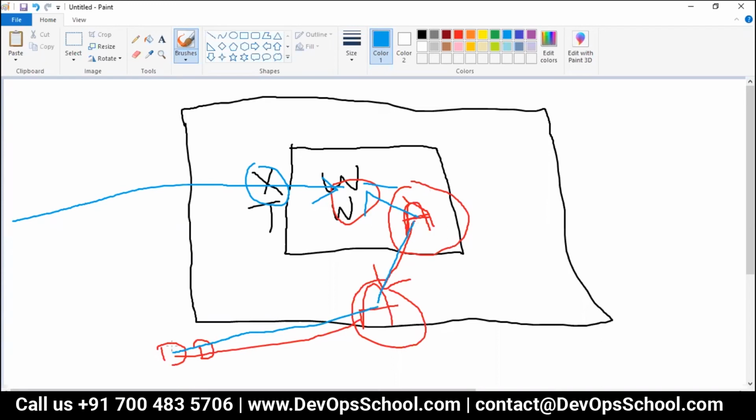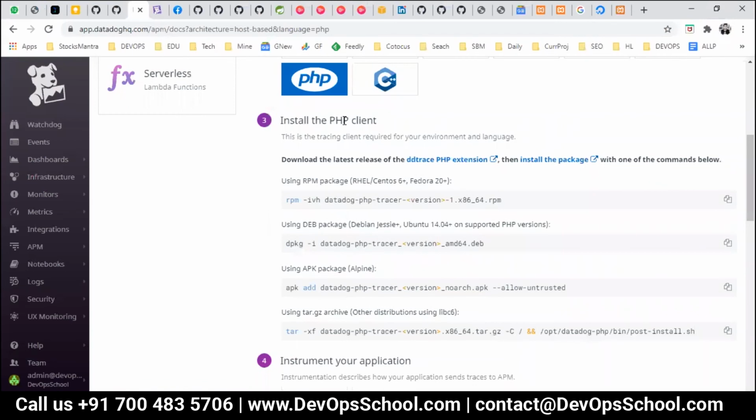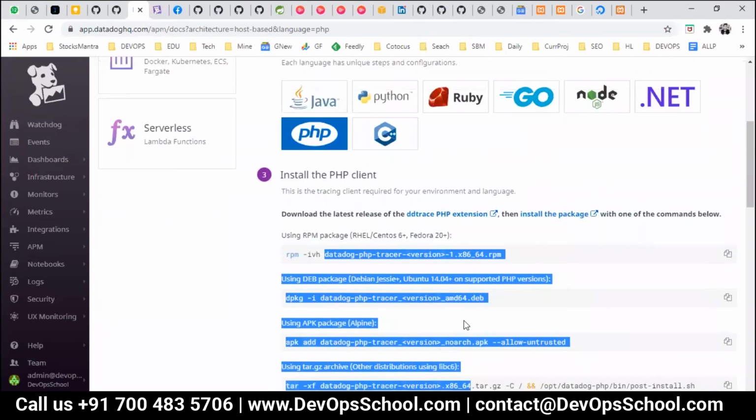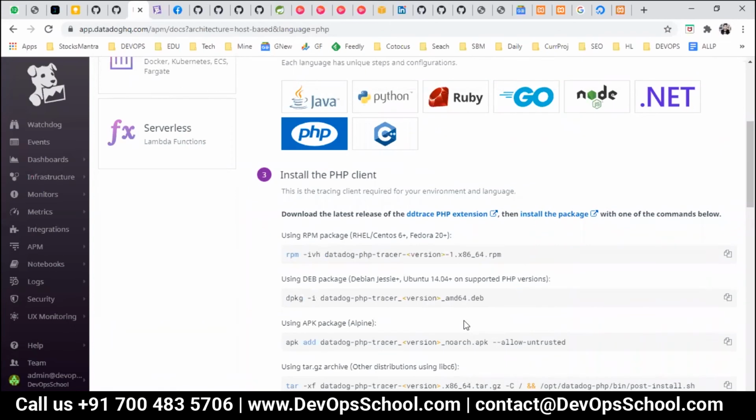One small confirmation, Rajesh. When we say this, we are writing some libraries as a piece of code, and we are installing it here. This is called the PHP client. So this is similar to what Google Analytics does, right? They add their agent in the cookies, and that's how they read.